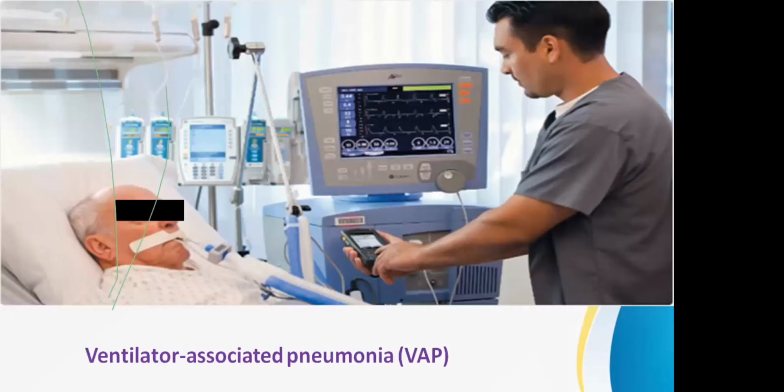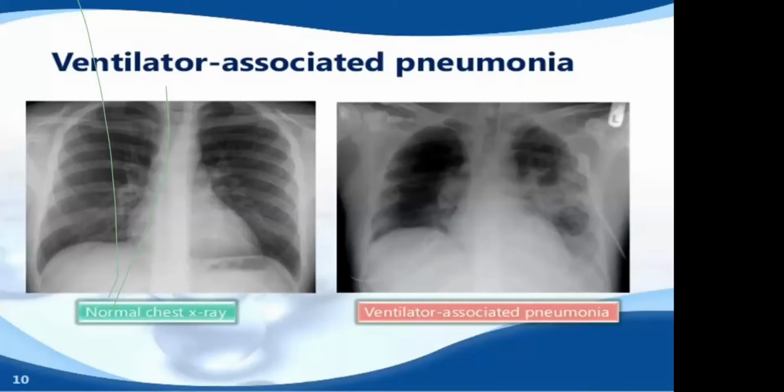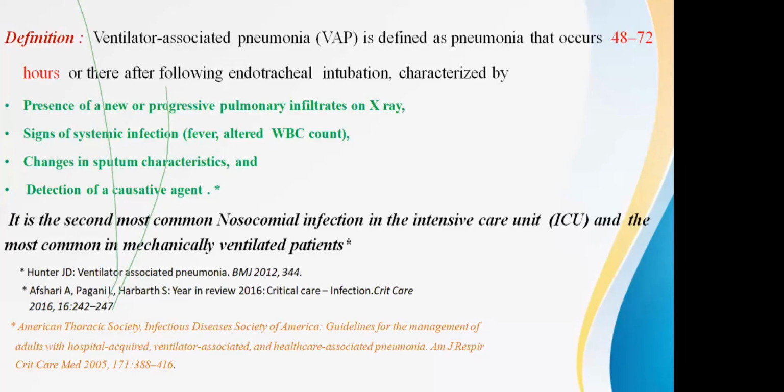I think you people have heard a lot about ventilator associated pneumonias. About VAP, we talk about ventilator associated events. So this is how a healthy or an infected lung looks like. Normal chest X-ray and a patient with ventilator associated pneumonia, how their lungs look like. To define what is ventilator-associated pneumonia, these are nothing but the PNEU word. You must have seen this word in many papers. That is nothing but pneumonia.